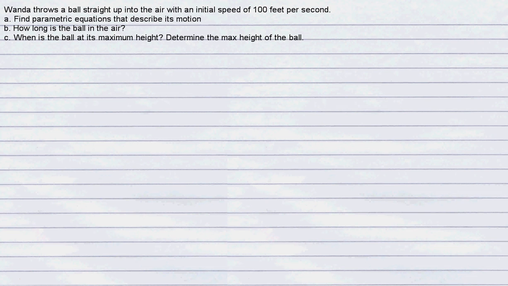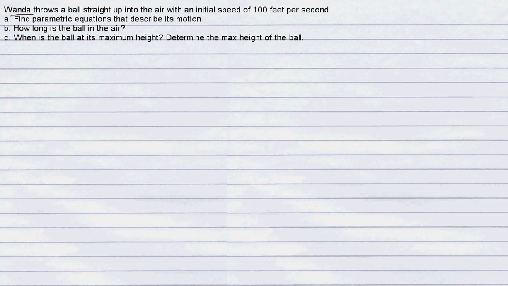Hello, this is Mr. Waters, and I'm going to do another example from the homework, this time on page 680. This was an example dealing with projectile motion and parametric equations. In this particular problem, we're going to have Wanda throwing a ball straight up into the air,